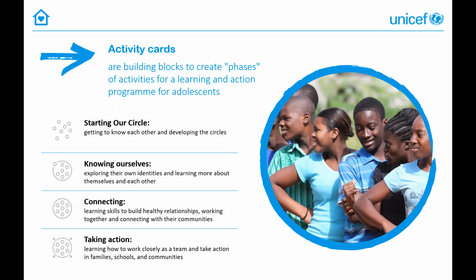It outlines 4 phases that can work best for adolescents of different ages, or those at different levels of readiness to work together as a team, and those with different interests. For example, we found that some adolescent groups find it healthy and helpful just to have fun together, while others find it meaningful to collaborate on complex and challenging projects that enable them to take some kind of action in their community. So the 4 phases are starting our circle, where adolescents participate in easy, energizing, and relaxing activities